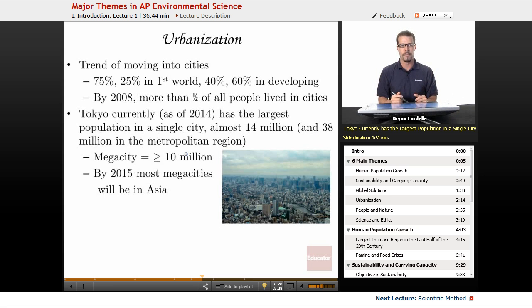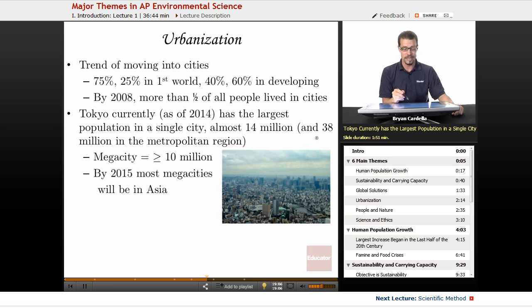Here's what that means. I live in Los Angeles. So let's say we were to talk about Los Angeles as an actual city where we say, hey, this is Los Angeles. The population is somewhere between 3 and 4 million. But if you include the neighboring areas in what's known as the LA metropolitan region, so this would include areas like Compton and Venice and Long Beach and places like that, the larger LA metropolitan region is well over 10 million people. So if we include Tokyo beyond just the huge skyscrapers we see in the middle, we're talking 38 million.